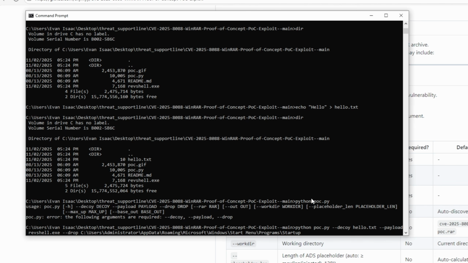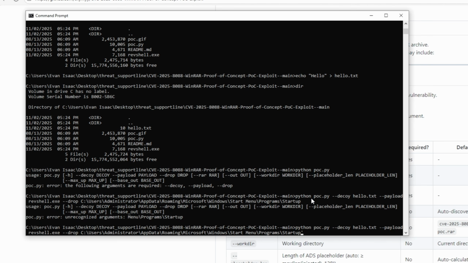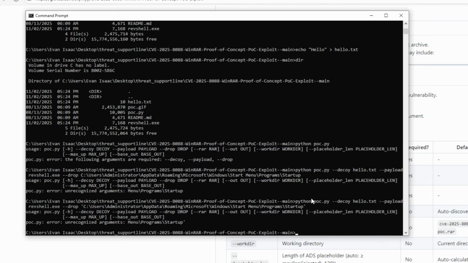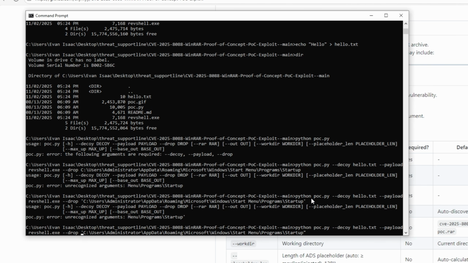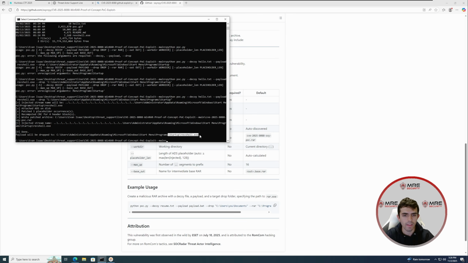So we can try to run this and see what happens. And we can see here that we do need to put single quotes around it. So let me quickly do that. And it still does not want to work. So let's try it one more time. And here we finally see that we do, and we will get the payload to be dropped at this specific